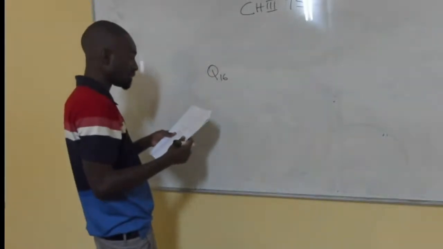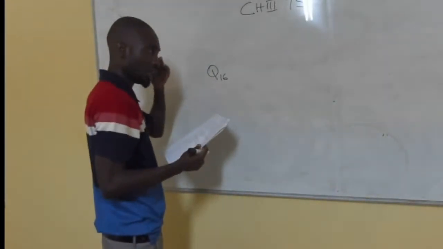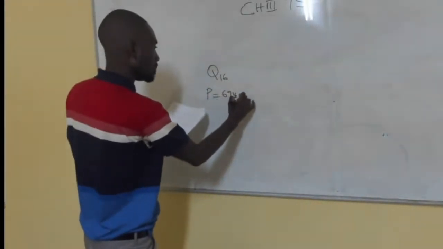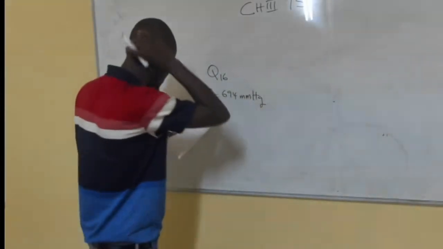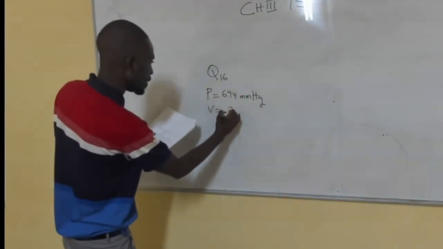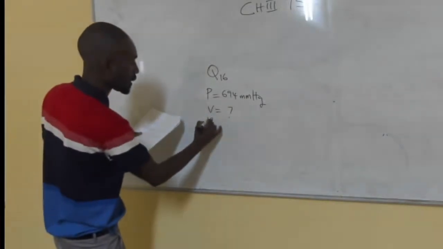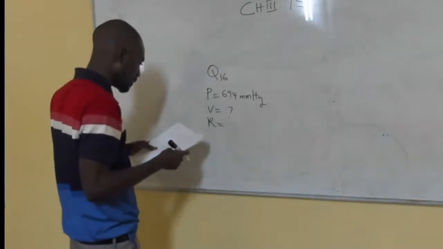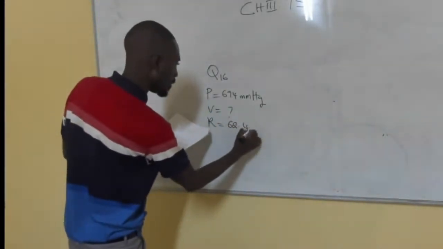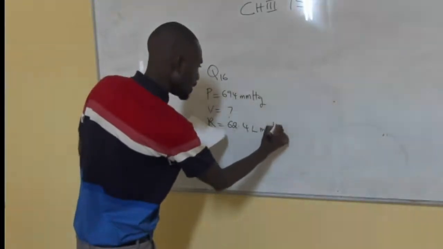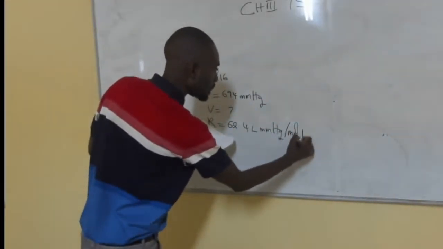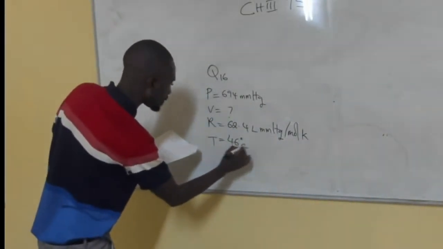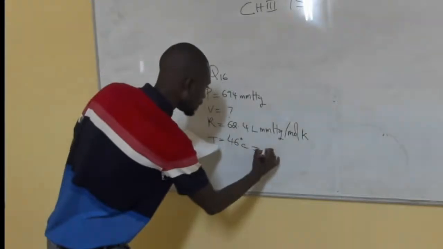So you have been given now, this time we are dealing with the pressure in millimeter mercury. So we have P equals 694 millimeter Hg. Then we also have volume, which we don't have. Then R, of course, this time will change because we are dealing with pressure in millimeter mercury. So we have 62.4 liter millimeter mercury per mole K. The temperature is provided, which is 46 degrees Celsius, which has to be converted into Kelvin,